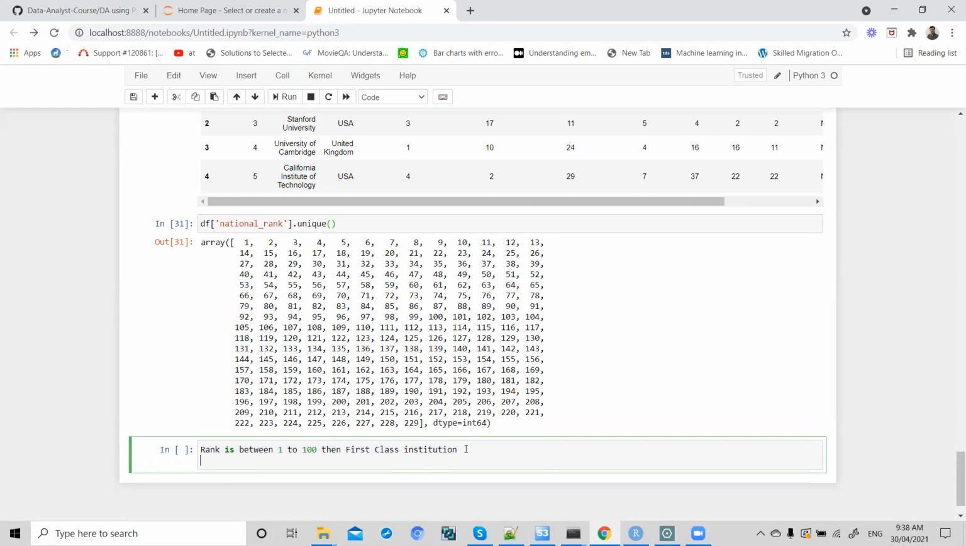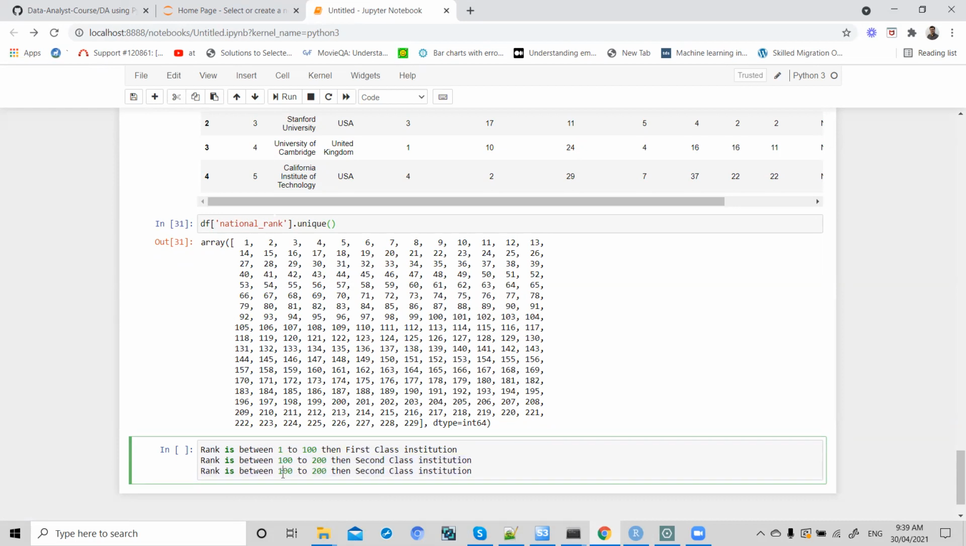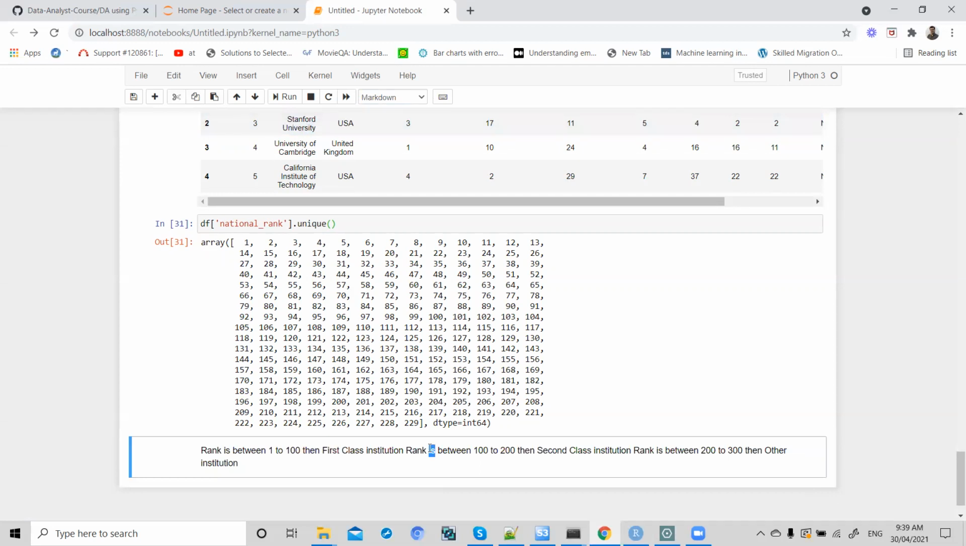If my rank is between 100 to 200, then this is my second class institution. If my rank is between 200 to 300, then let's say these are other institutions. So if I want to aggregate this information in this way,